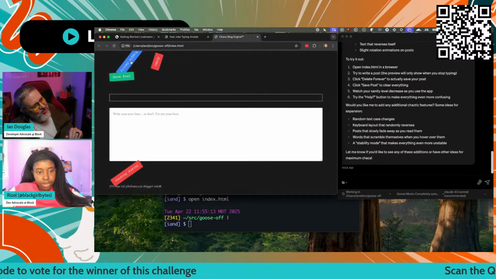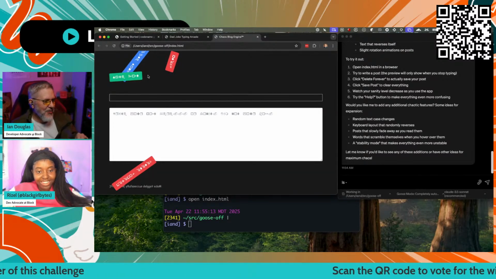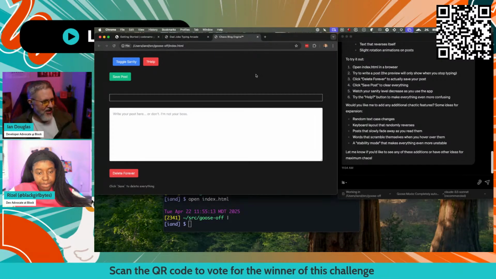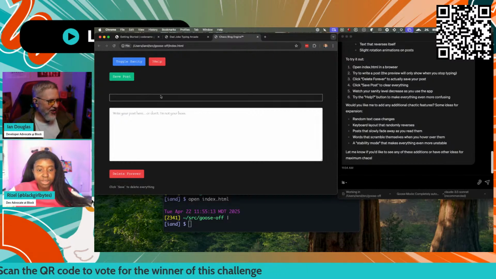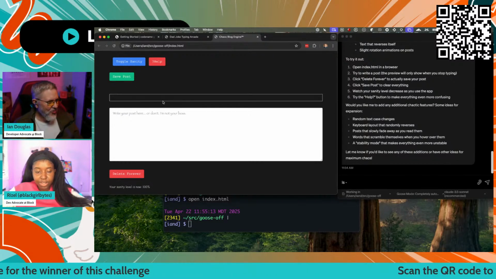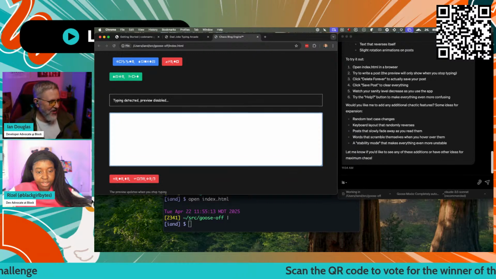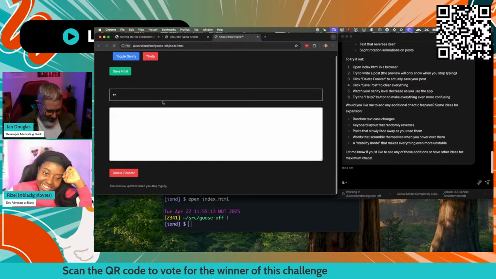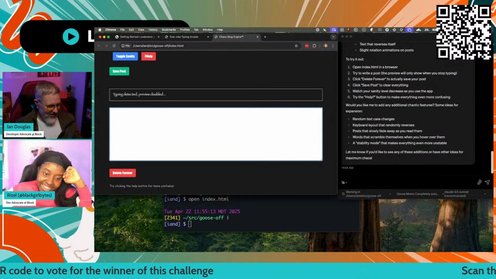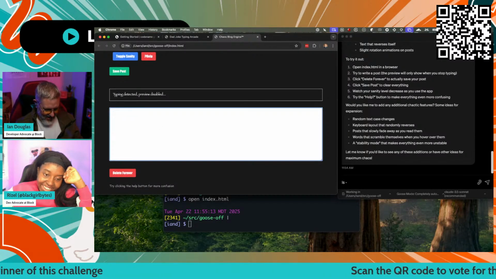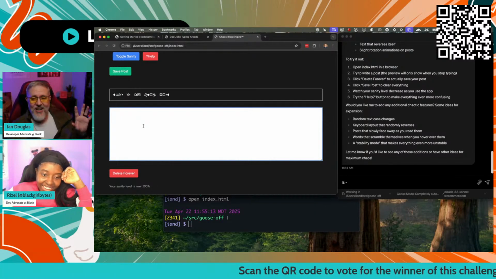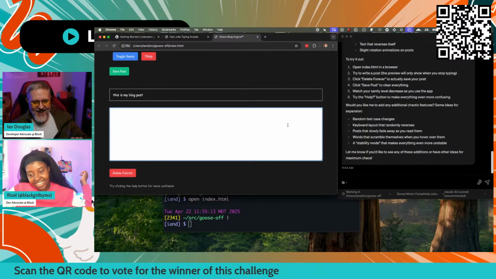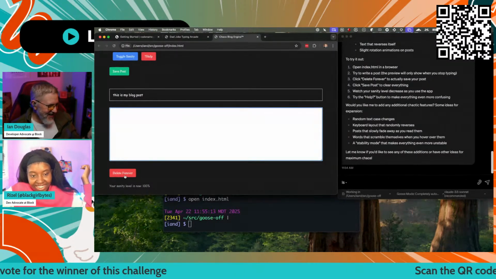The toggle sanity looks like it's going between light mode and dark mode, but it starts in what I would expect to be light mode. So light mode is dark mode is light mode. Oh, and I've got some kind of save post, but it looks like it won't let me add a title. Typing detected, view disabled. Oh, lovely. So this is my title, and this is my blog post. I told it make me a markdown editor with a preview mode, and it's not, because why would it?